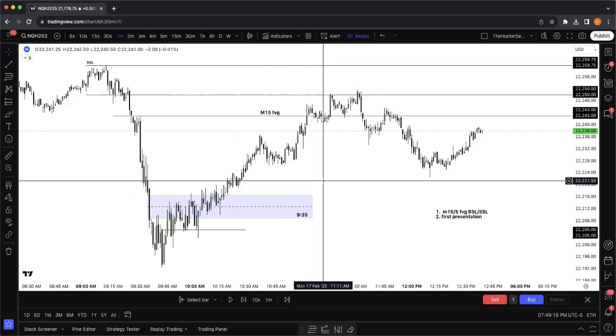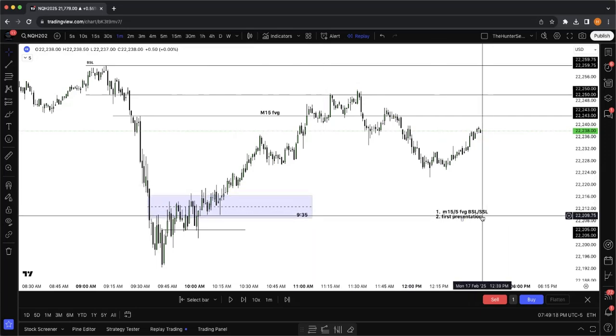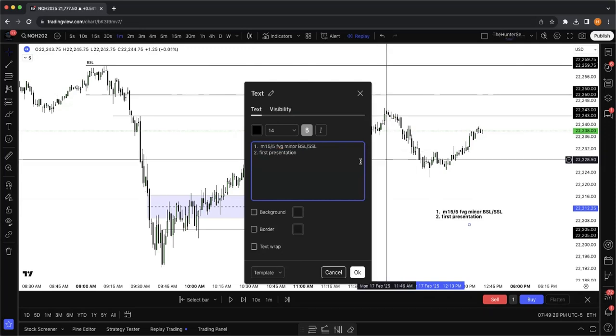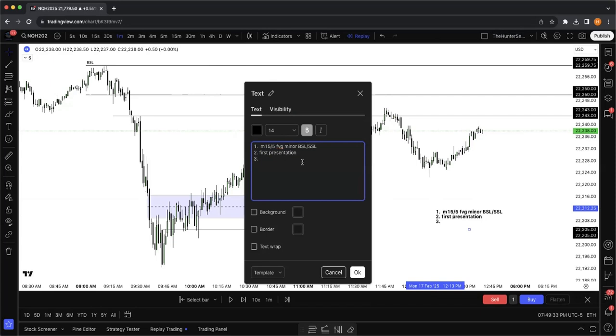And like I say, you're going to start to build a log and you're going to have everything noted in there. So it goes minute 15, 5, fair value gap slash buy side, sell side liquidity. And we have to label that as minor, right? Because everything's going to be close here. You have first presentation,